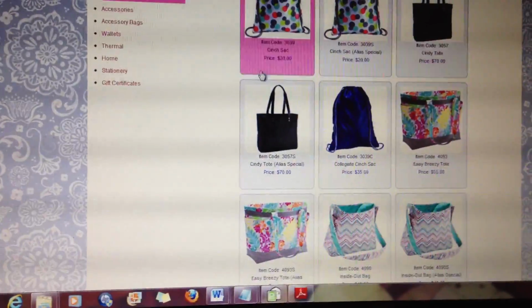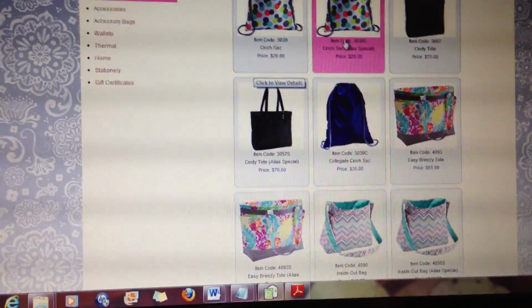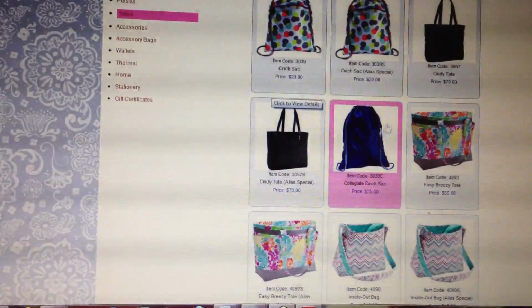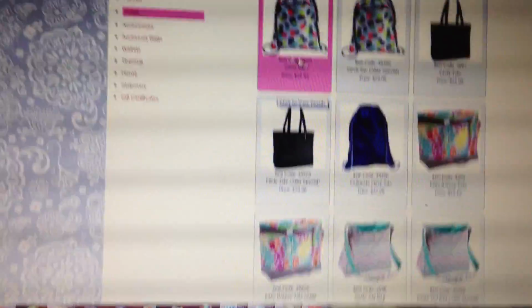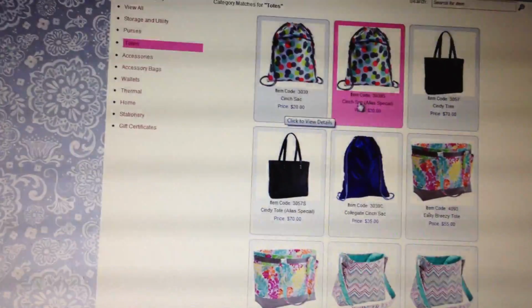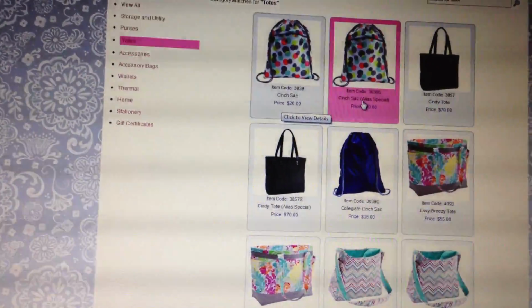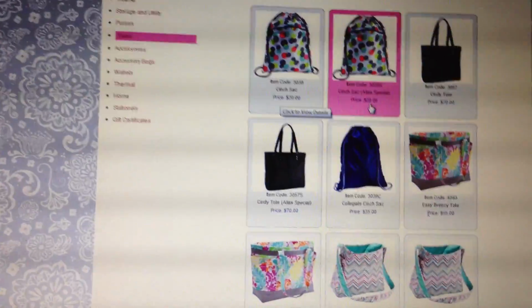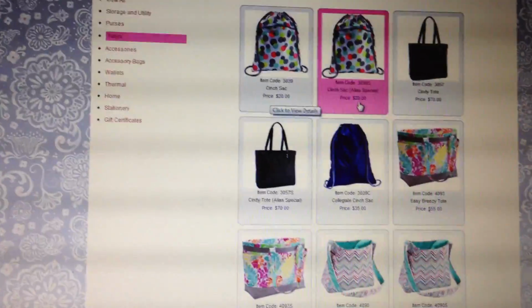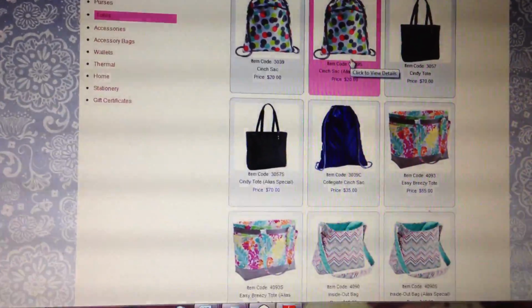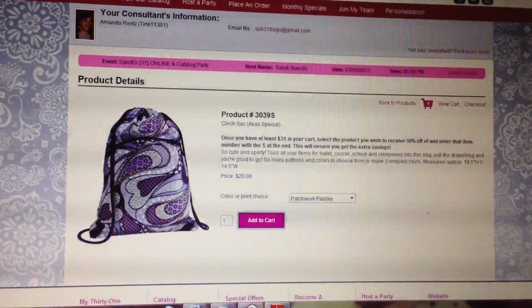And you'll see here where you'll see doubles. You see how there's 2 of the same item, and then again there's 2 of the same item right here for the Cindy Tote and the Easy Breezy. The first one actually says Cinch Sack $20, and then the next one next to it will say Cinch Sack Alias Special $20. When you have already spent your $31 or $35 requirement, depending upon the monthly special, then you can go ahead and click on the one that says Alias, and once you add all of that to your